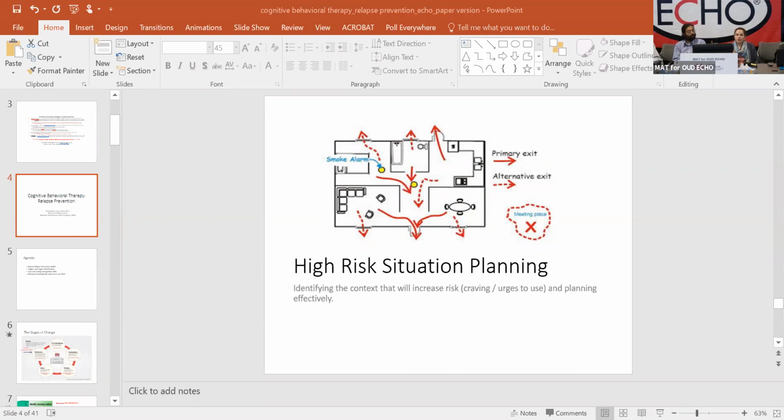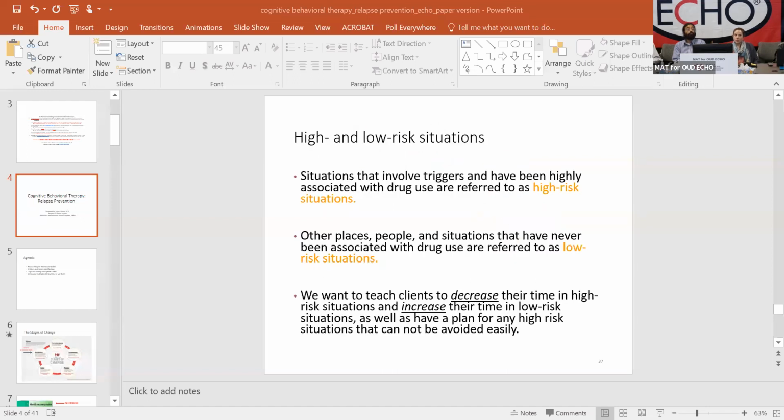So all we're teaching them is to start to think about their use behavior that same way, to help them really start to identify what they can do effectively when they're in a situation that is really going to overwhelm their frontal cortex and put them in direct risk for using, and probably using in a really unsafe way. So what we're going to do here is help them to identify what's a high-risk situation and what's a low-risk situation, and be able to apply those concepts to their general life. We want them to begin to decrease time in high-risk situations and increase time in low-risk situations,